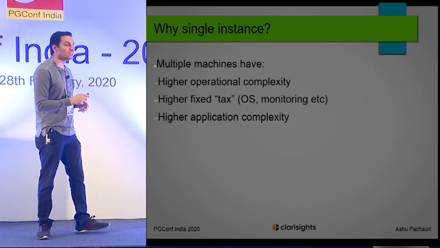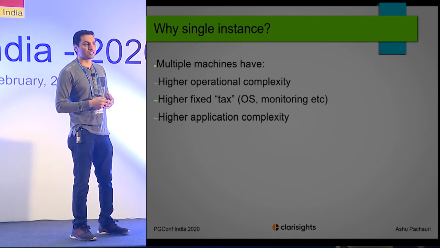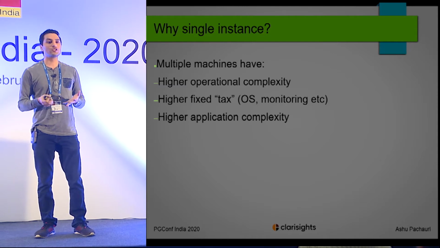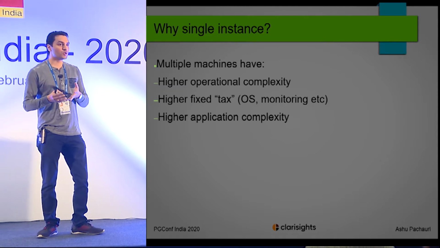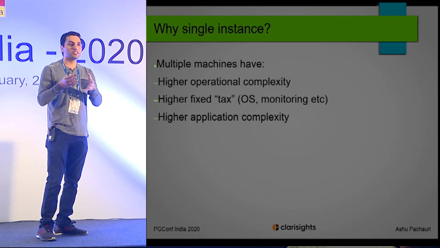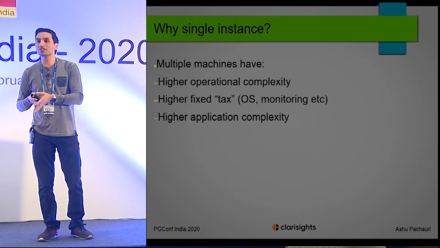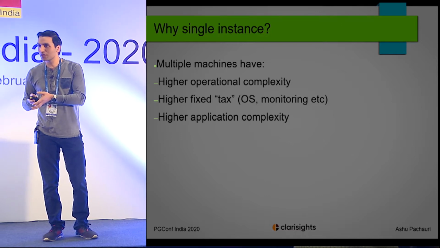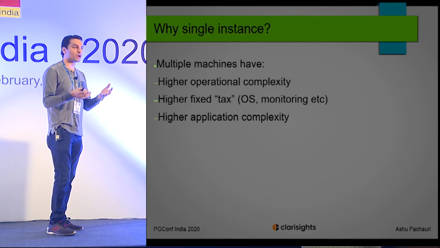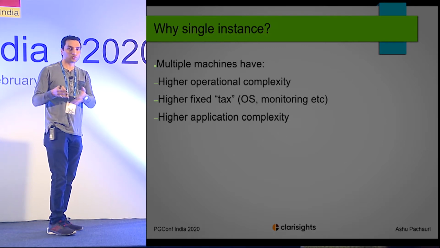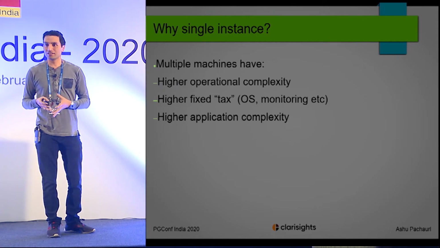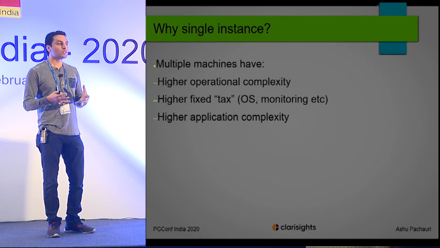Now the point is, if I don't have the cost advantage, do I really want to manage the complexity of multiple machines? Because when you have a lot of machines, you have to manage the complexity, you have to pay the tax. Basically the CPU resources, the memory that the operating system is going to take, the I/O that the operating system is going to do, extra monitoring that you are putting on each of those machines, you'll pay that tax anyway. So unless you really need it, unless you are actually going out of the limits of a single machine,